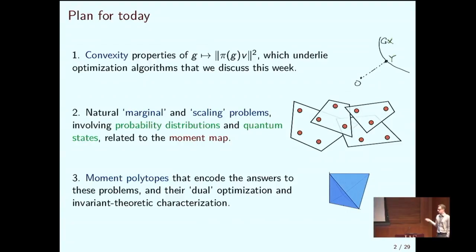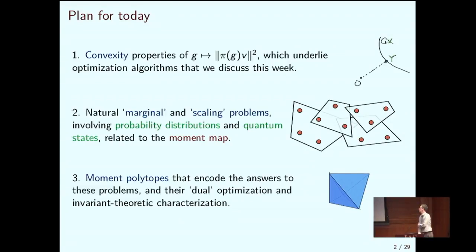Then I want to change gears a little bit and talk about a very natural class of marginal or scaling problems, generalizing what we've seen so far. I'll talk mostly about examples: the abelian case, which is basically about probability distributions, and the non-abelian case, which is relevant for quantum states and quantum marginals. I'll explain what this means and how it is related to the moment map that we saw in the